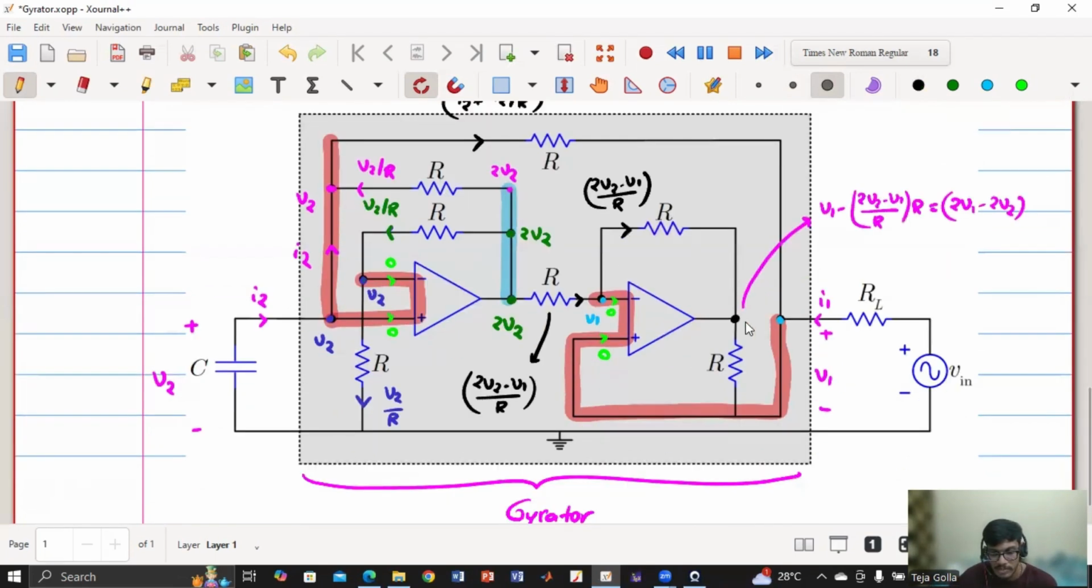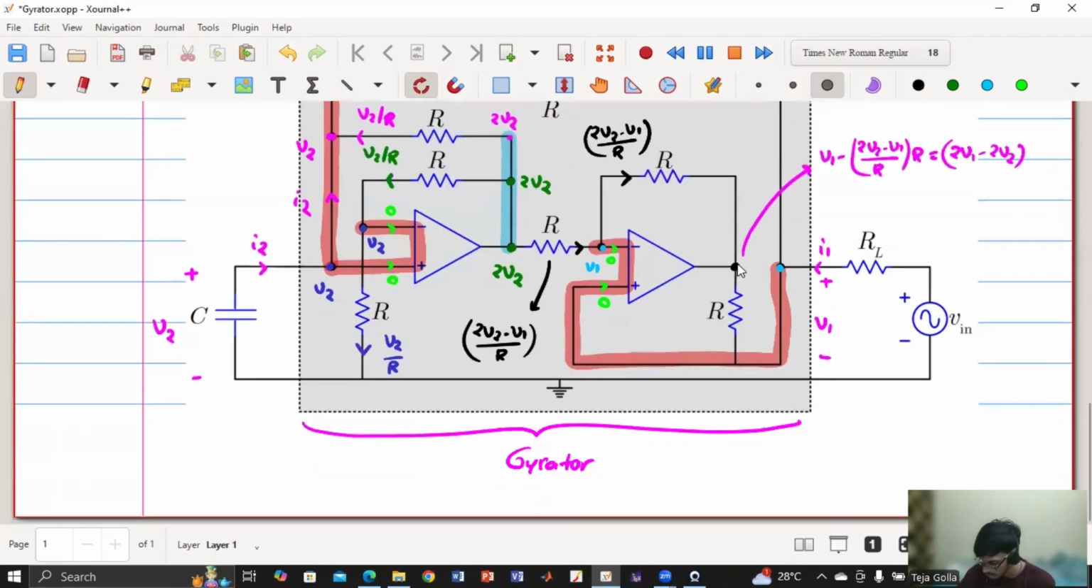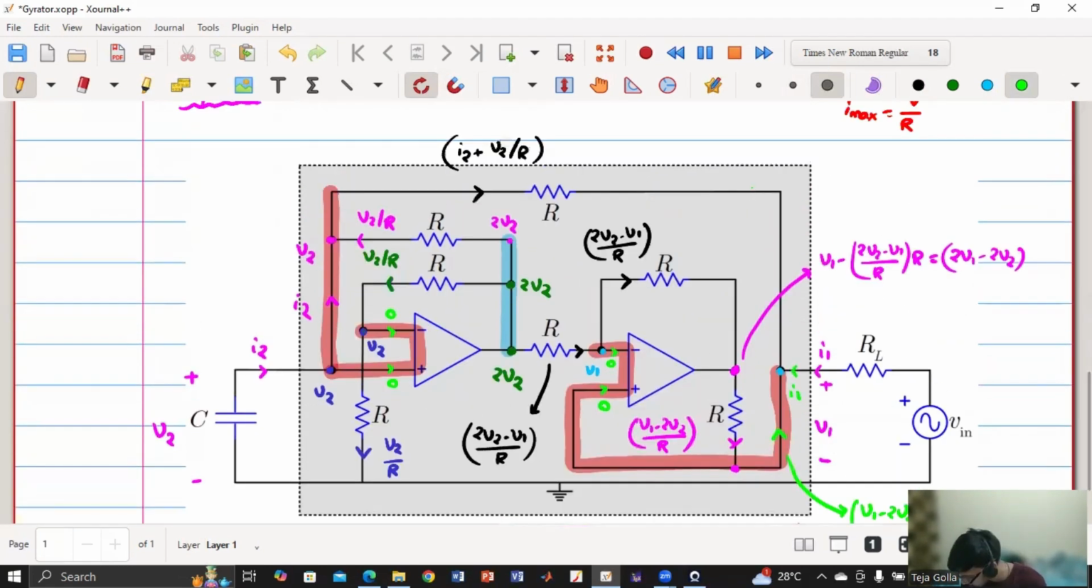So 2V1 minus V2 is the potential of this terminal, and this terminal is at a potential of V1. So now if I calculate the current in this, I will get (V1 minus 2V2) by R. As this current cannot enter the op-amp, the entire current flows through this path, and the current value is (V1 minus 2V2) by R. And this current is I1, and the current that is coming from the top is I2